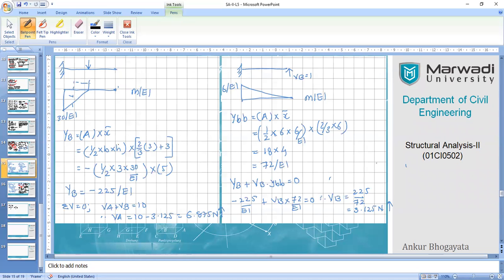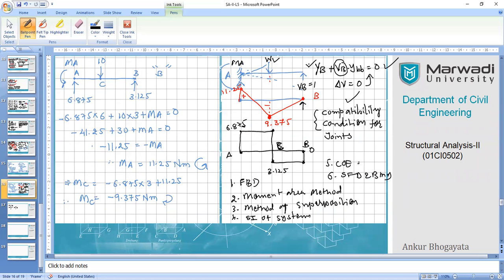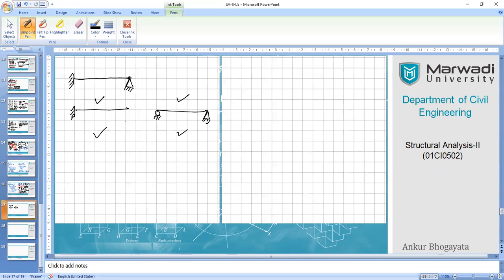So in the initial discussion, we have seen how to write the compatibility equations. Here you can see that YB plus VB into bb. So in the next class, I'll be taking the second option for the calculation of the unknown quantity. Right. So till then, keep learning. This was the consistent deformation method applied on the prop cantilever beam, and we'll see the other complexity and varieties in the future. Right. So our next class will be dedicated to the other option of considering moment as redundant, right? And then we'll see how to solve it.